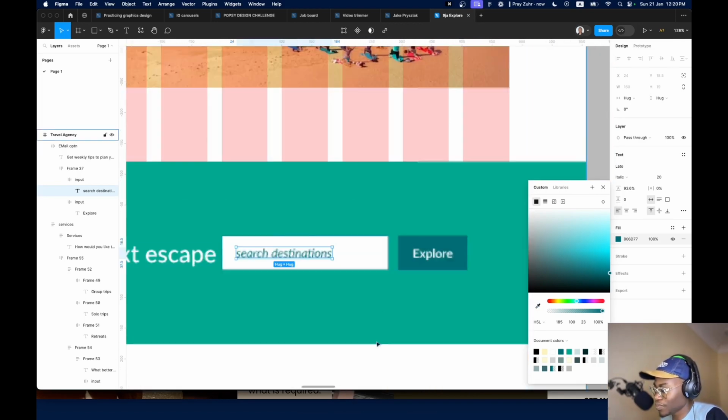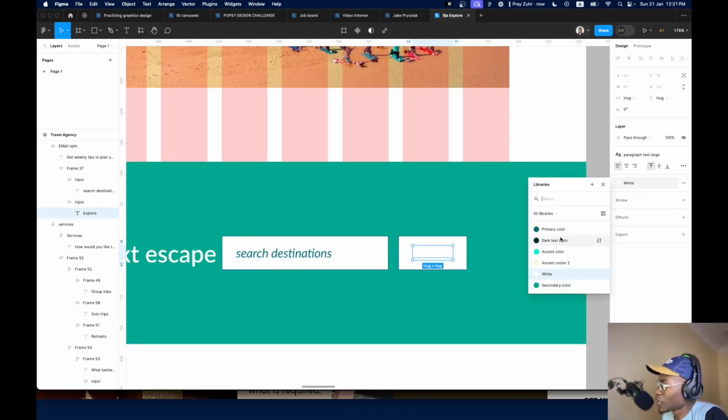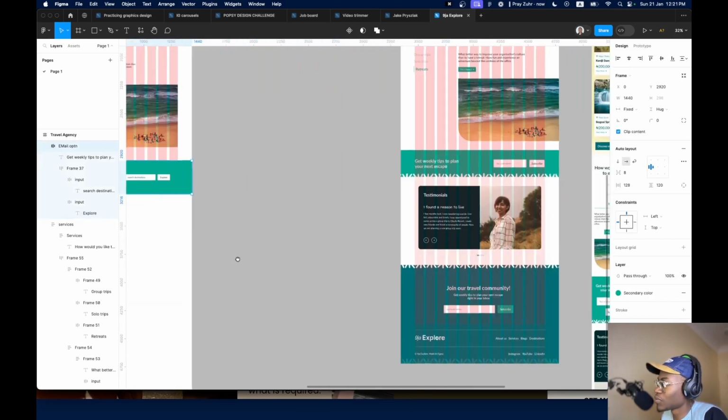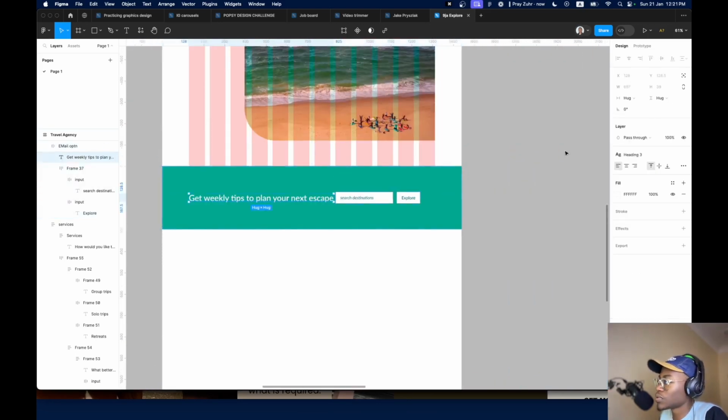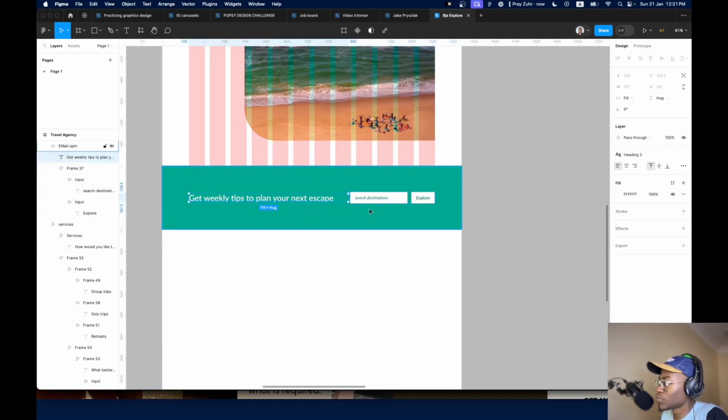Let's go back. I want this thing to be white. The background should be white. Primary color white. This one should be primary color. Was that what I did here? Probably what I did, you know. So this one can be fill container, and I want it to be